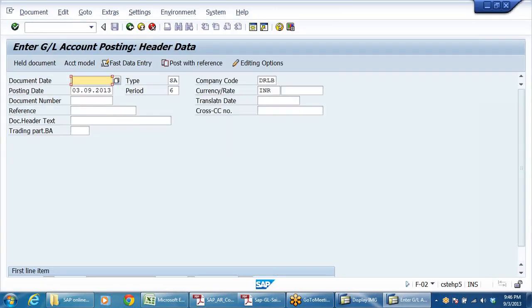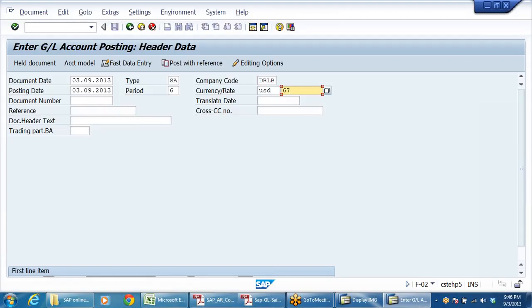And one more entry I'm posting now. I'm going to post again USD, but here I'm telling the system, right? My finance department told me, right, today we have purchased dollar at the rate of 67 rupees. So that's why now my table rate is showing 66. Now I want to take 67. I can take 67. Whatever rate you take here will override the table rate.